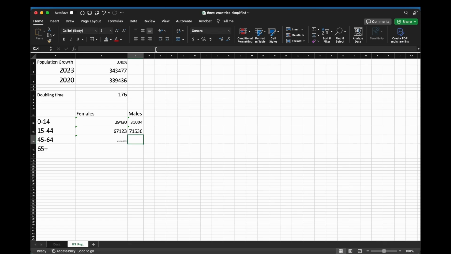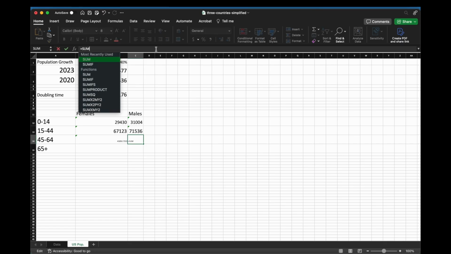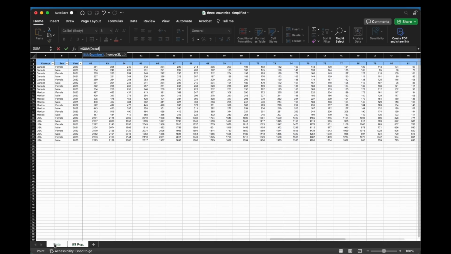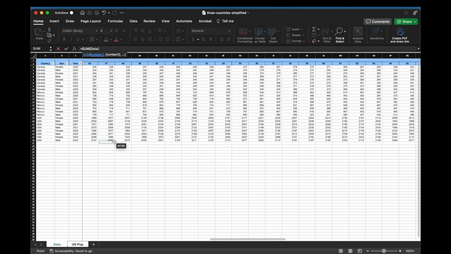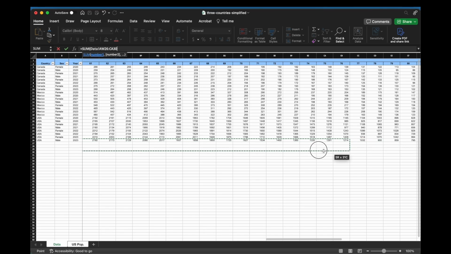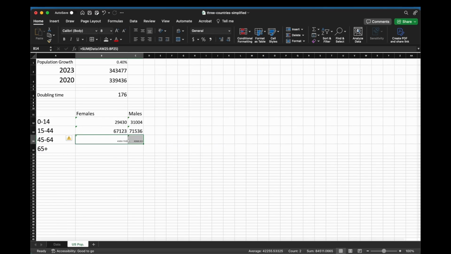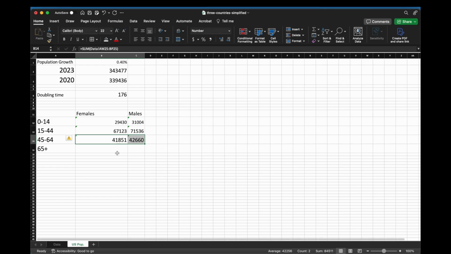And then I'll do the same for the men, 45 to 64, and then close the parenthesis. Okay, now that I have 41 million women and 42 million men in this age group, the last cohort is